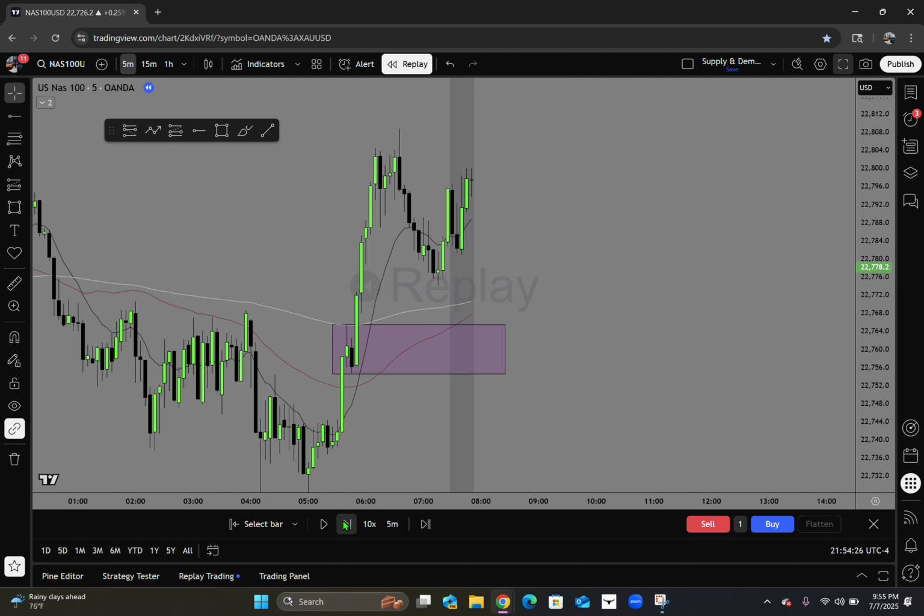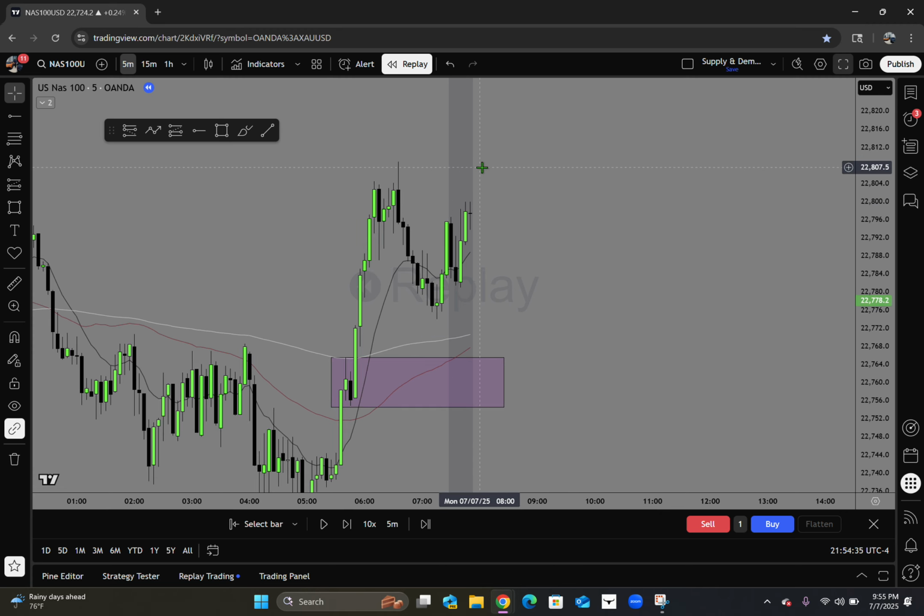I decided to just wait and see if price was going to come down, hit this demand setup and bounce off of it, or create a new demand or supply setup. Mainly looking for a demand setup just because 3MAs are underneath, so we expect price to continue pushing up. And that's what we did. So we just waited for a better, cleaner, crystal clear setup, which was a demand setup, was what I was looking for, mainly for buys on NASDAQ, right?